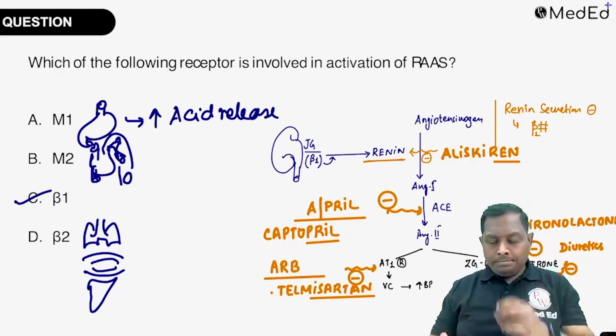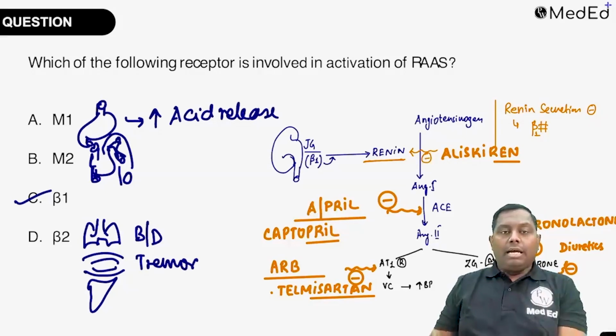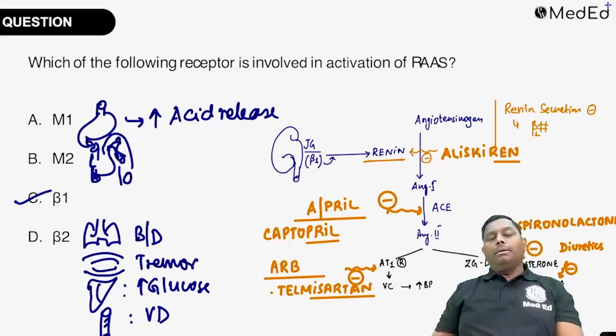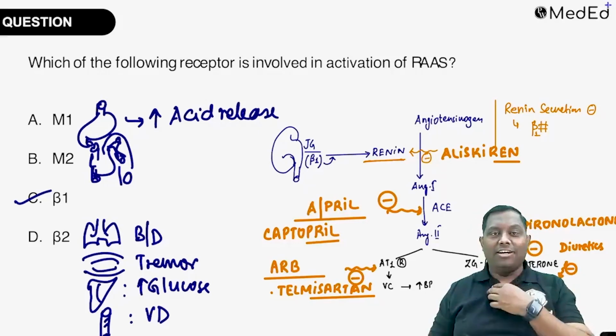At the lungs, they are going to cause bronchodilation. At skeletal muscle, they are going to cause tremor. At the liver, they can cause gluconeogenesis and glycogenolysis, and therefore there will be an increase in the level of glucose. And beta 2 is also present on the blood vessel, where they are going to cause vasodilation. So at multiple places beta 2 is present, and all their location and function, everything we have covered already in